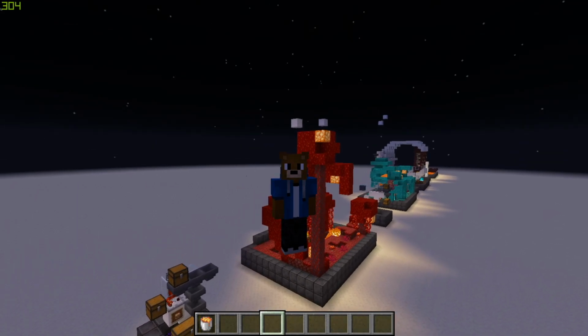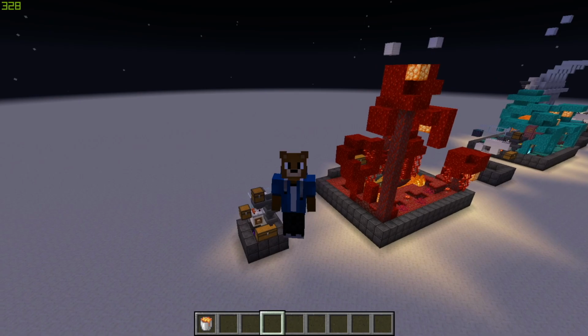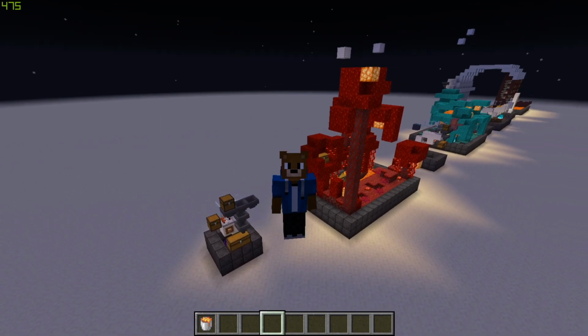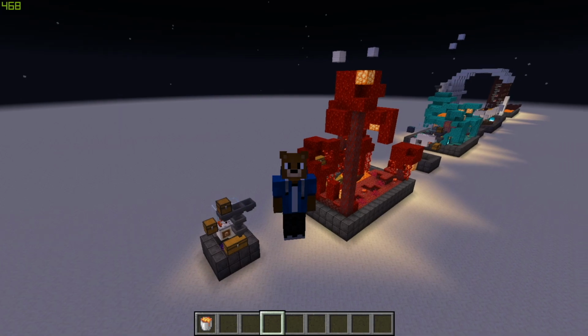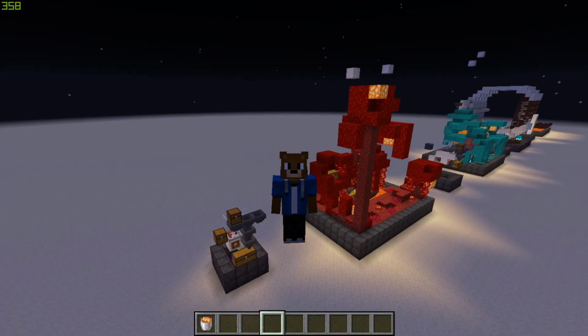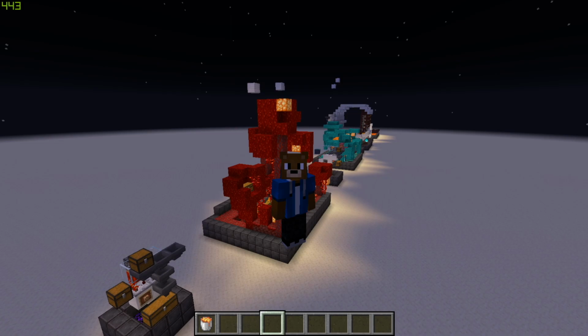A wise hermit once said that your item sorting system is the most important part of your base, because that's where you spend most of your time. However, that same person unfortunately also said that it's probably wise to not build a lot of redstone around water and lava, and we're going to completely disregard that today, because this is 4 different item sorters that are completely